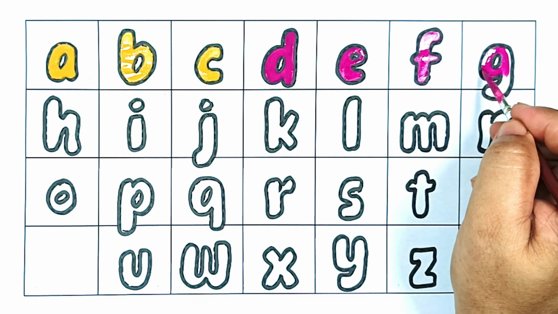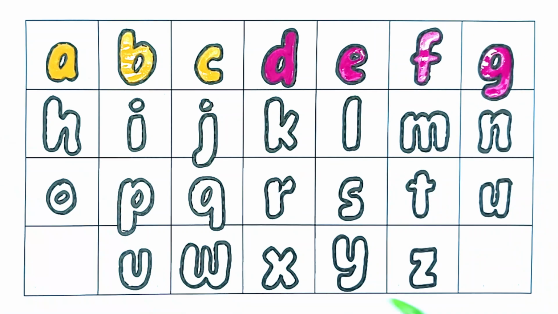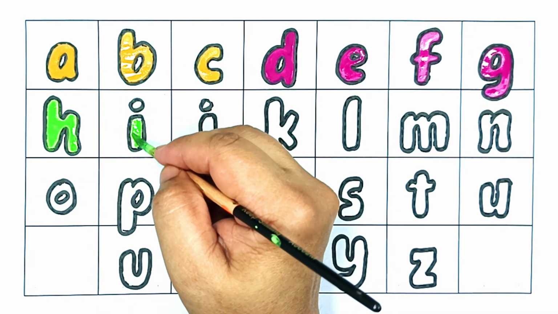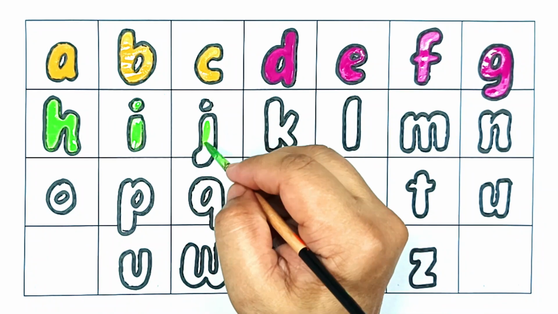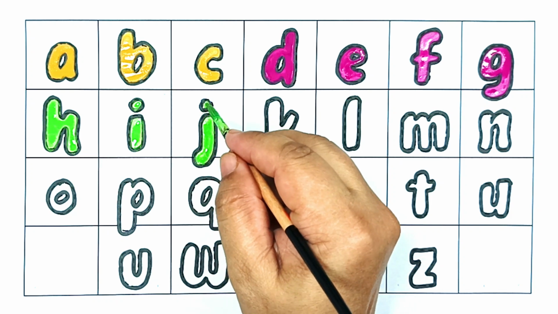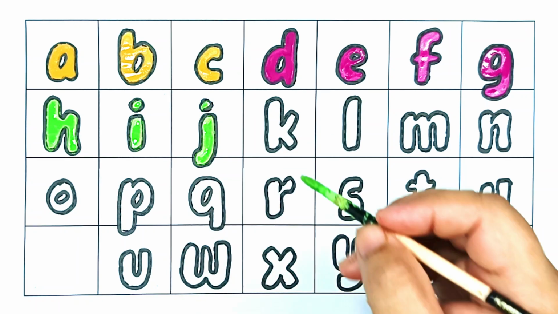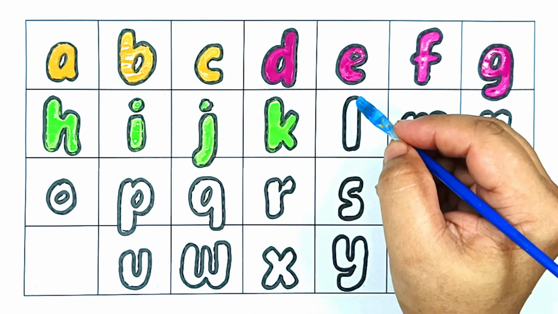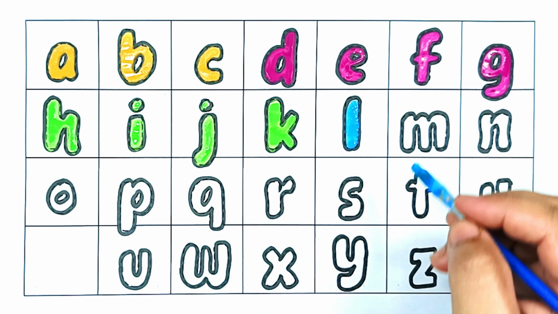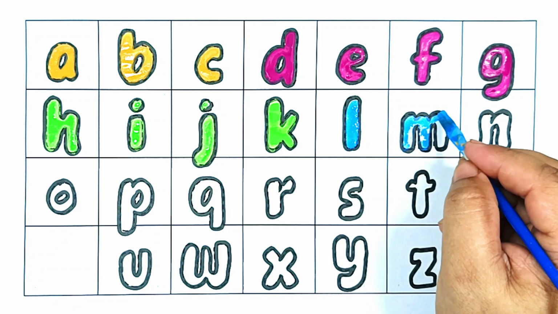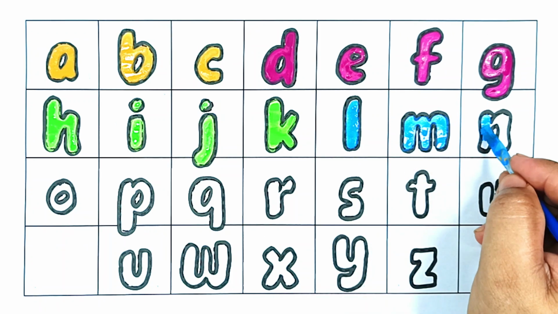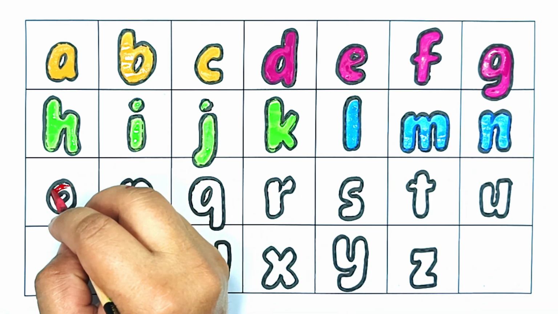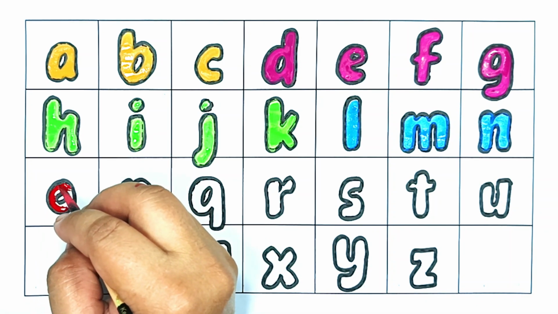G for glass, G for glass, H for hat, H for hat, I for igloo, I for igloo, J for jam, J for jam, K for kite, K for kite, L for lamb, L for lamb, M for man, M for man, N for net, N for net, O for onion, O for onion,